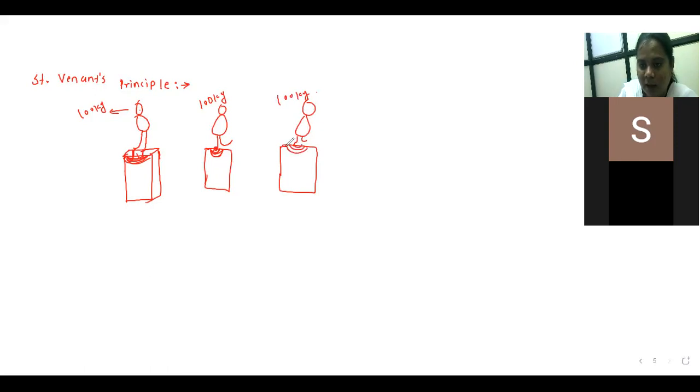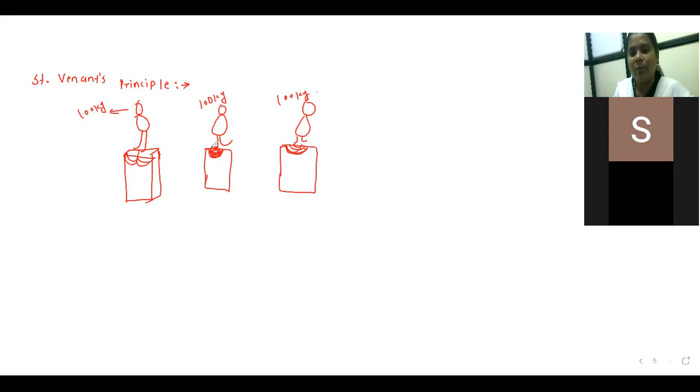So likewise, the load will be transferred. When this person is standing on both legs, at that time half the load will take that much surface, and half the load will take that much surface. When he stands on one leg, the load transfers likewise, so the area will be reduced. And in the third case, this person stands only on the toe. So the load is the same, but the area will be reduced.